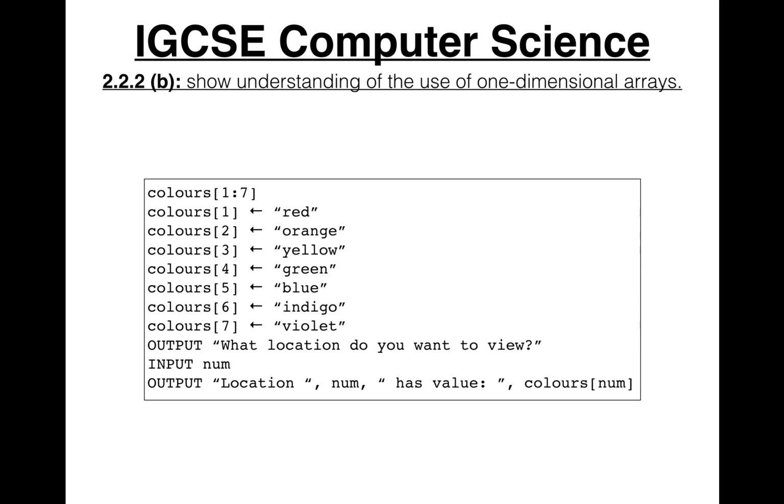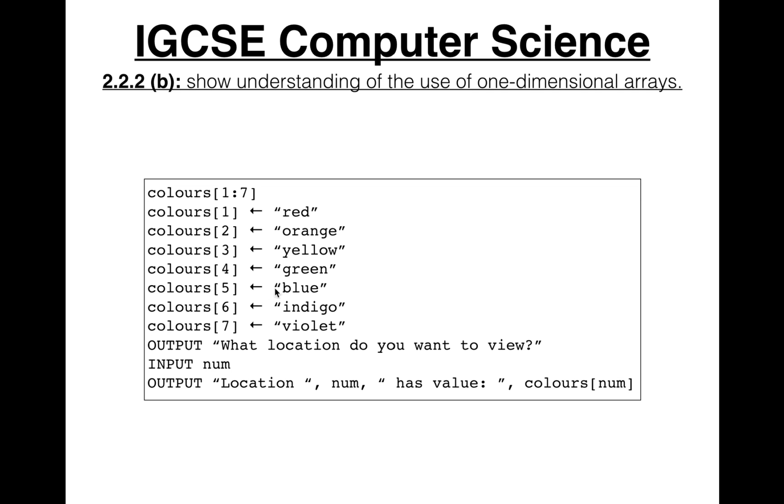IGCSE Computer Science, Syllabus Statement 2.2.2b, show understanding of the use of one-dimensional arrays. So, hang on a second. Wasn't the last statement, you declare and use one-dimensional arrays? What is this about? Well, this is about you making use of variables to get the values in an